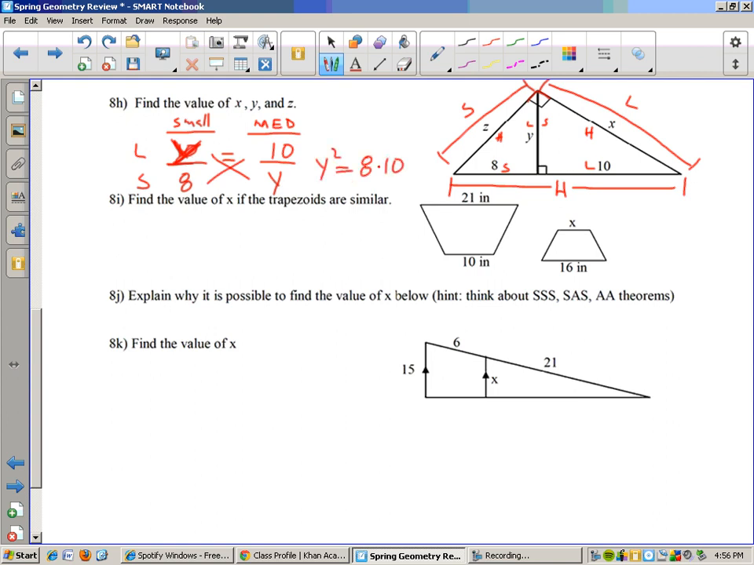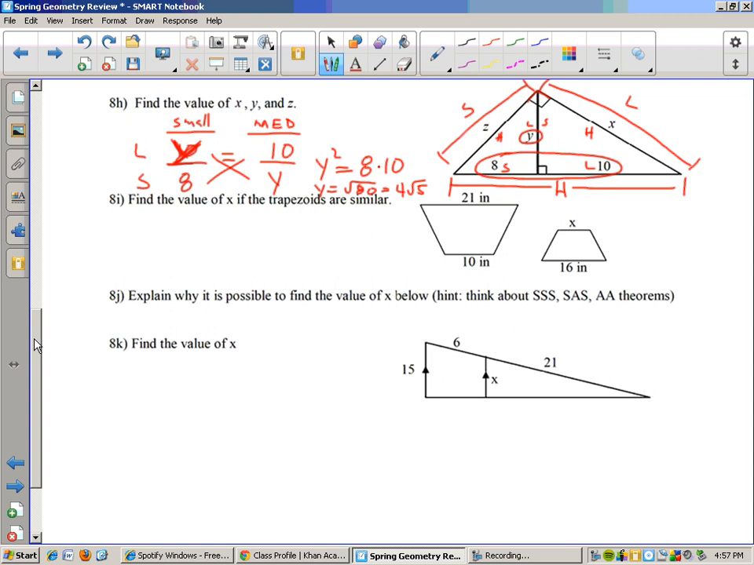8 times 10. And this is where your teacher told you that y is the geometric mean of these two. Okay, so it's going to be the square root of 80, which equals, well, that's going to be 4 times 20, which is 4 times 5. So that'll be the square root of 16 times 5. So that'll be 4 roots of 5. Okay, and then you can do the same thing to find x, and I believe x is going to end up being,